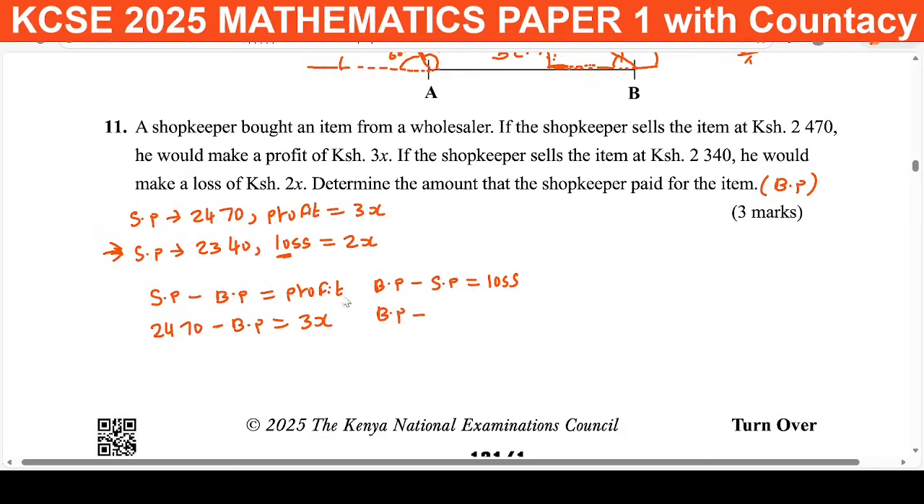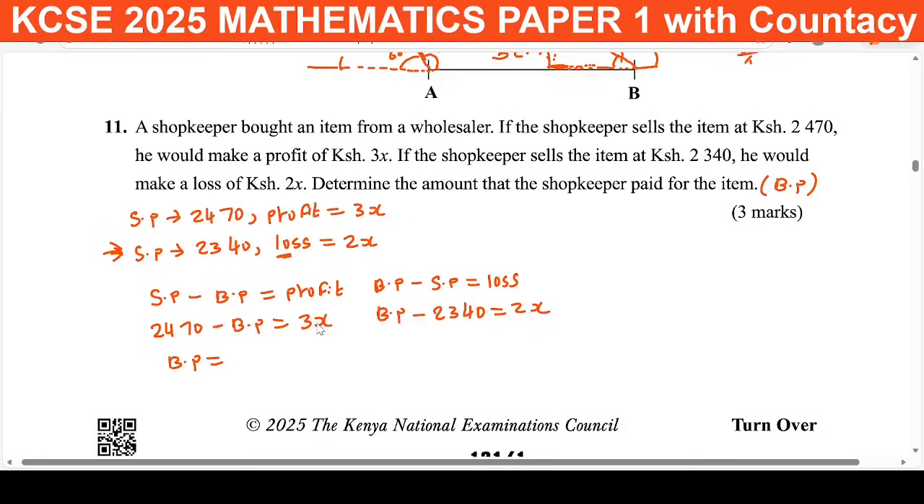What about the selling price? It's 23.40. What about the loss? 2x. This is good, because we now have two different equations. Here we can try to make buying price the subject of the formula. We can take it to the other side, such that buying price is equal to,